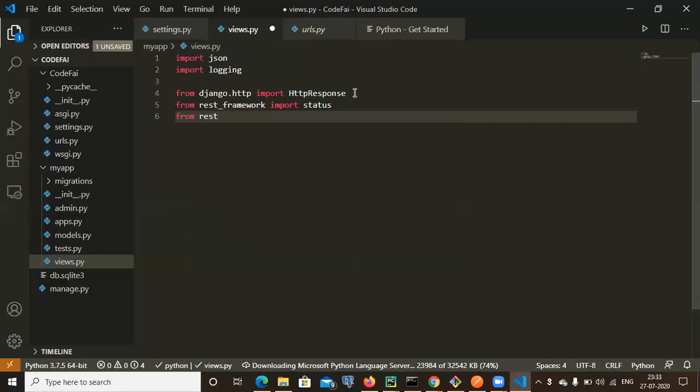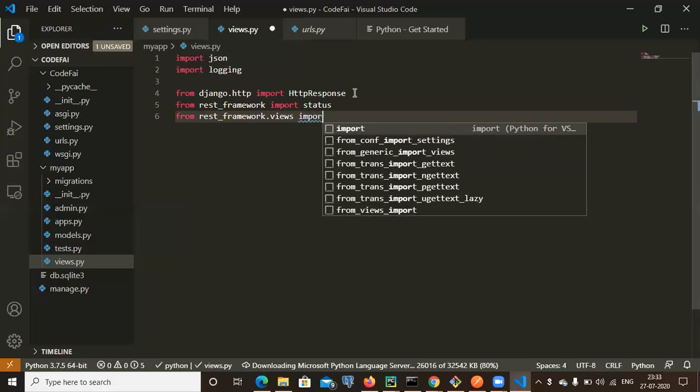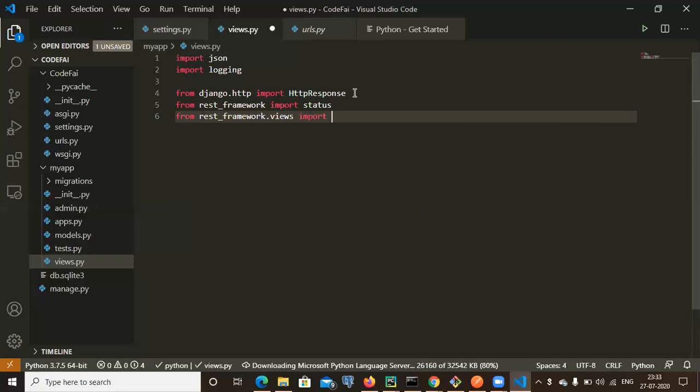From rest_framework.views import APIView. So those are all the dependencies, all the modules we actually import. First of all, we need to import these, and now,